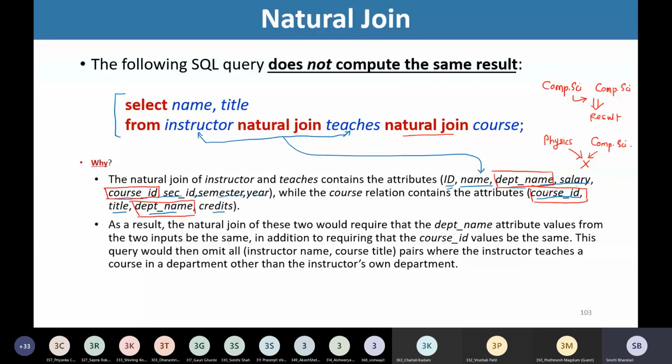So only if the person is teaching the course from his or her own department, then only the name of the instructor along with the course will be listed. If the instructor is teaching the course from some other department, then that instructor along with that course will not be listed in our result.